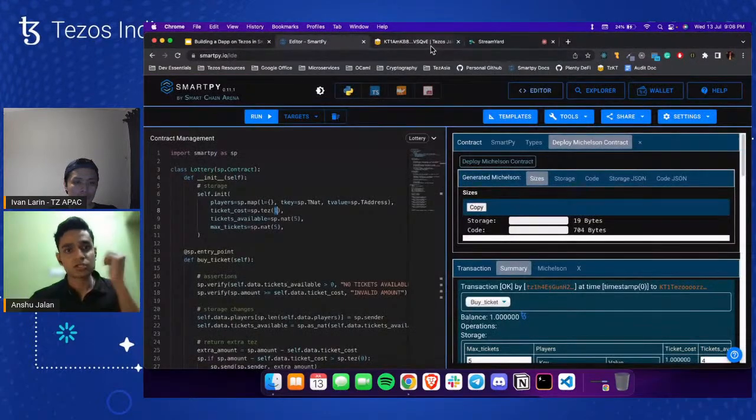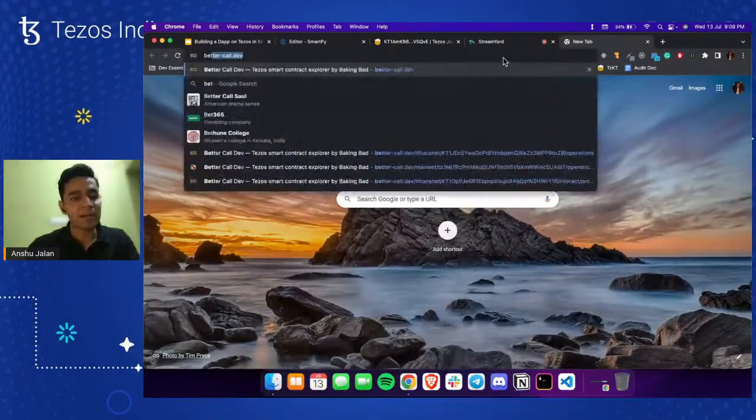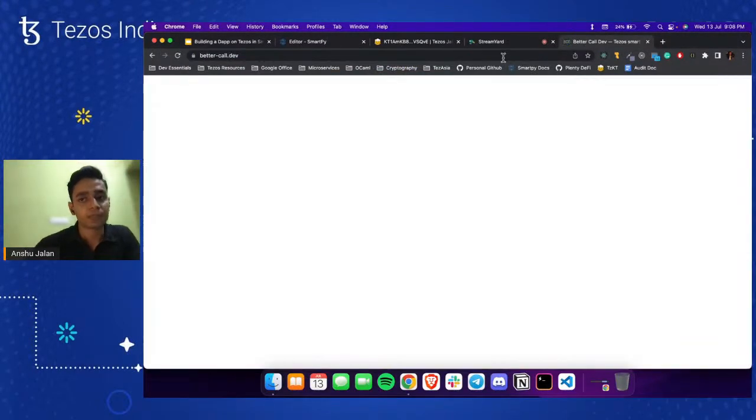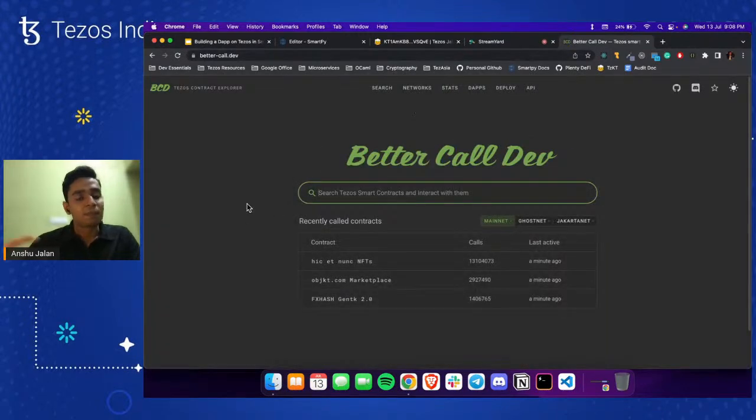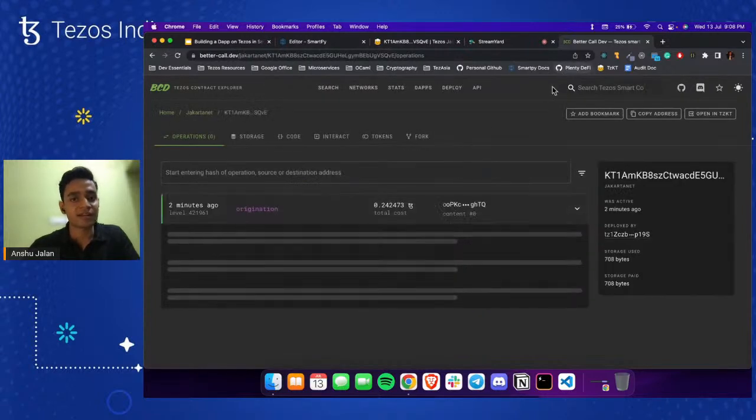So the next thing, and this is the last thing that we'll be doing, is that we will actually interact with this contract. On Tezos, we have this really cool tool called Better Call Dev. On Better Call Dev, you can call smart contract entry points and interact with a contract. So if I paste my contract address and choose the contract,